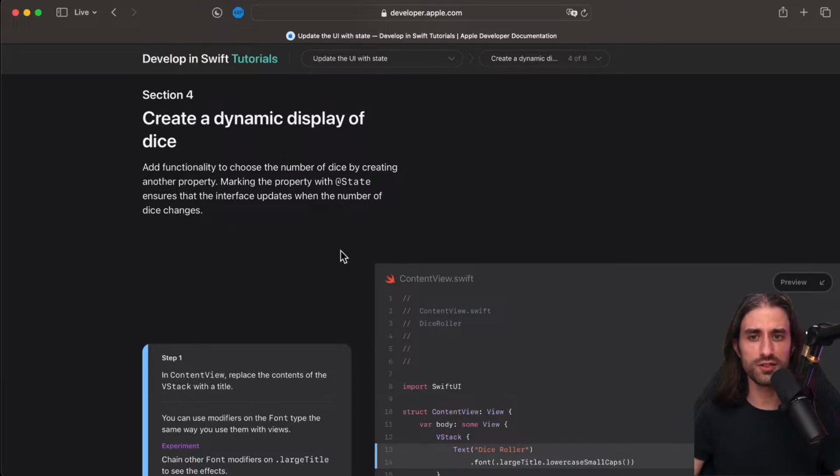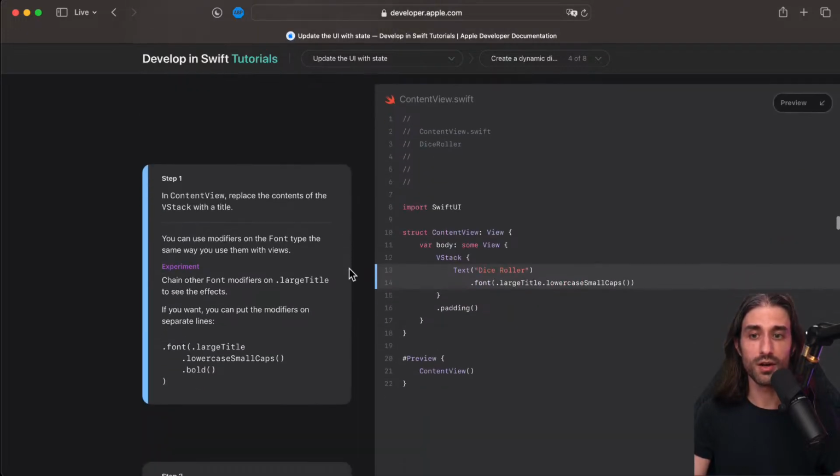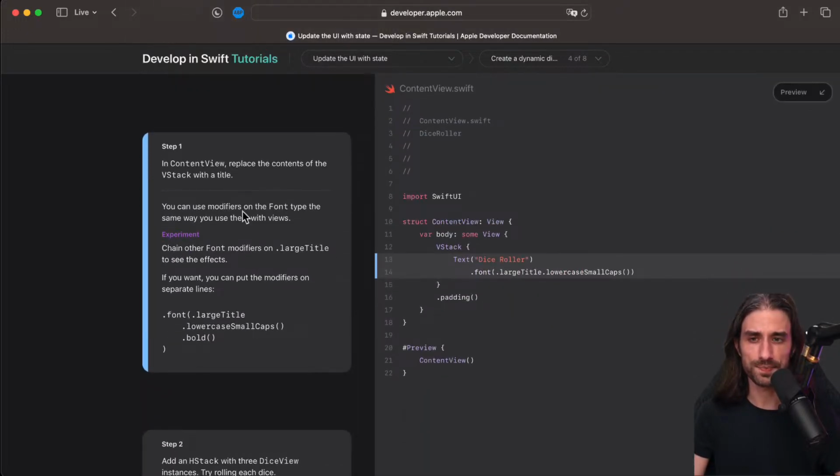So @State is really this way to say my UI depends on this piece of state. So when this piece of state changes, please update the UI automatically for me. And when you have this mechanism, it becomes impossible to forget to update the UI when what's inside the property changes. And that solves, as I was saying, a ton of bugs.